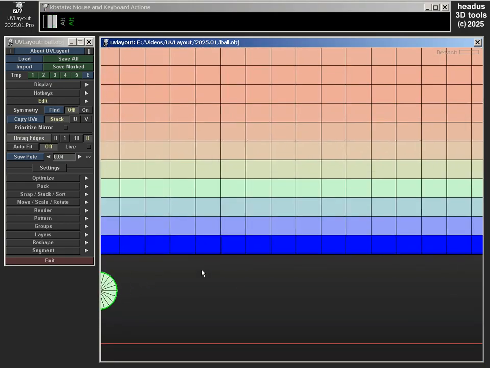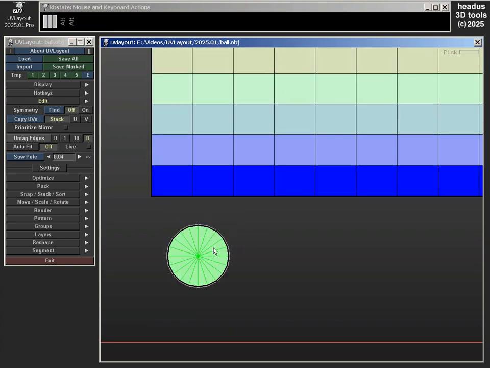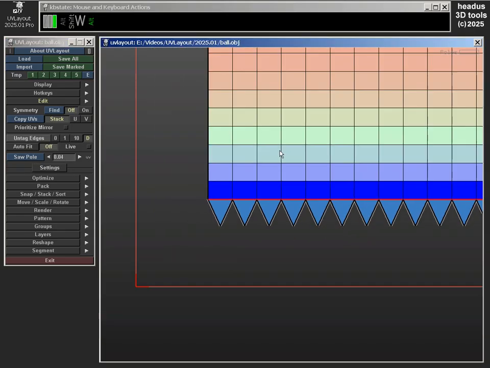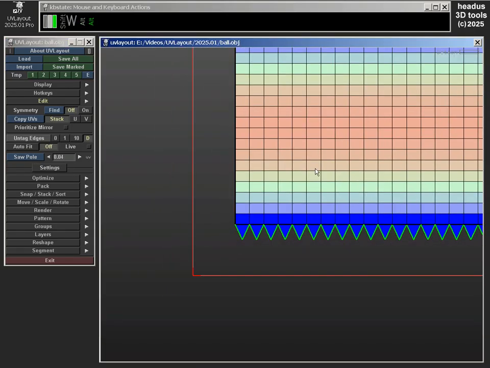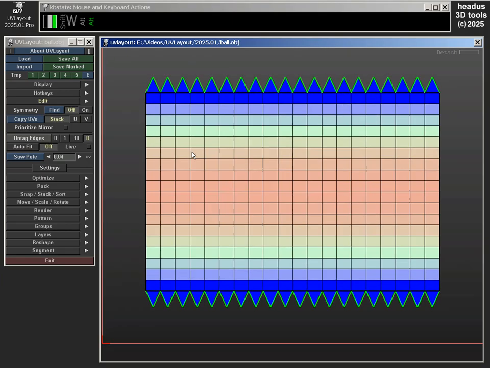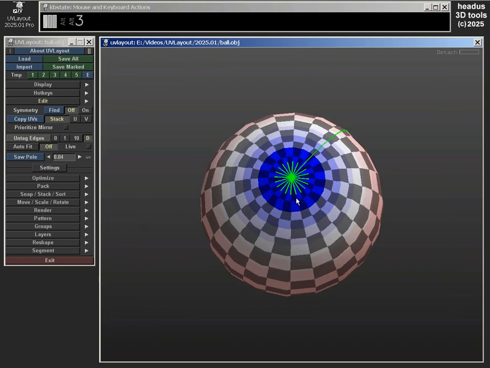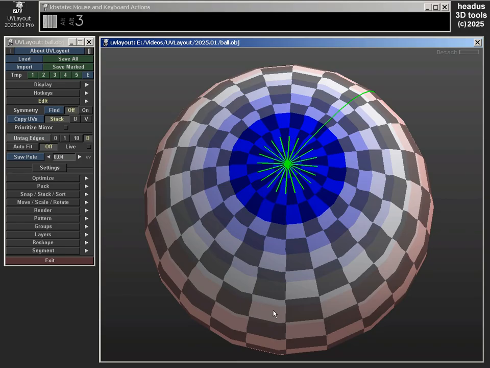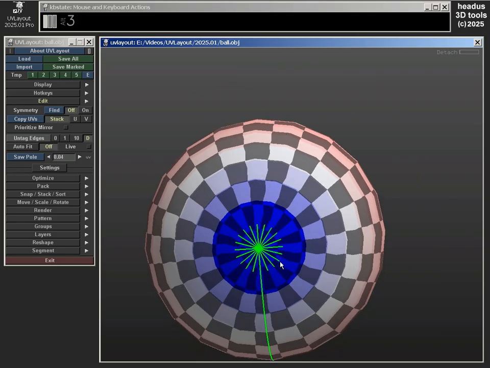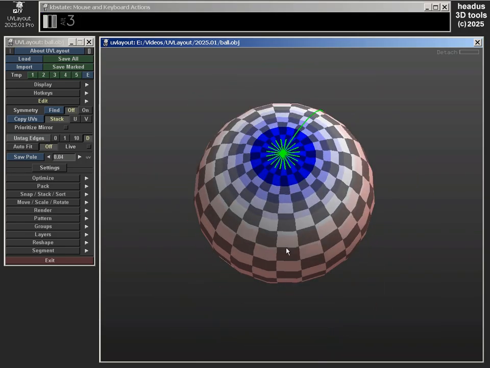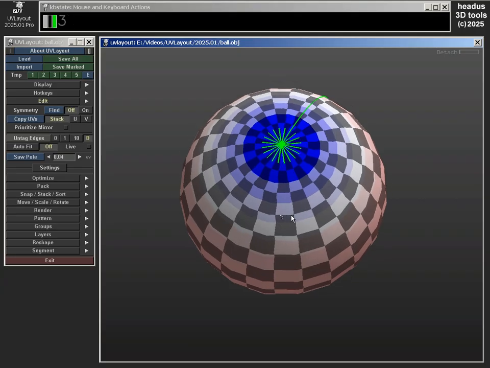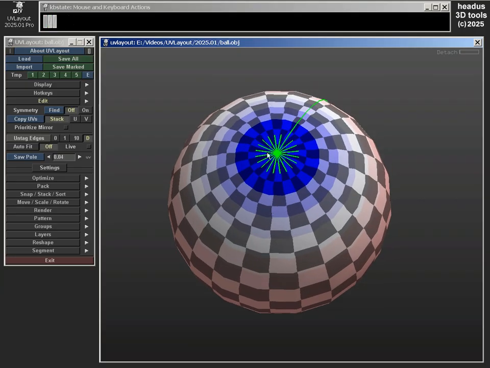So here I can just do the same for the bottom one. Enter. So there I've got the sawtooth UVs for those end caps. So that's given us that style texturing there. So that's using it on a mesh that has no UVs, just from scratch,